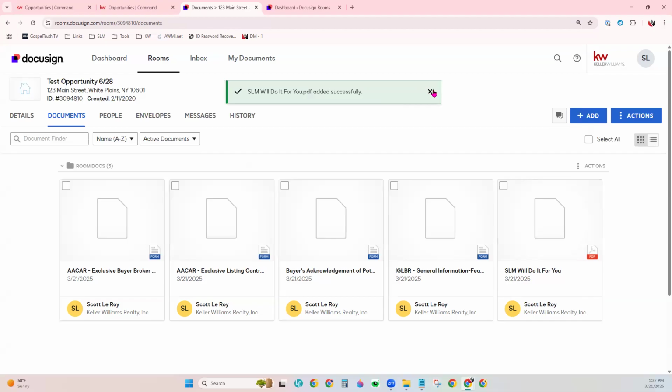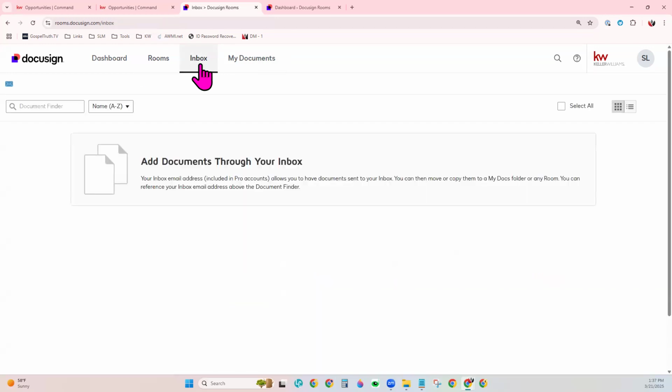And lastly, you have an inbox for your DocuSign account. I'm going to click over there and show you this. This is a unique email address to you. You can save that as a contact in your contacts, like on your phone or your desktop or Google Contacts, whichever you prefer. And you can forward documents directly into your DocuSign account,